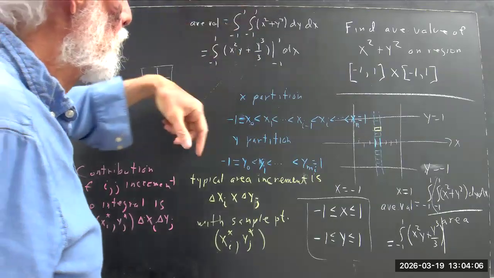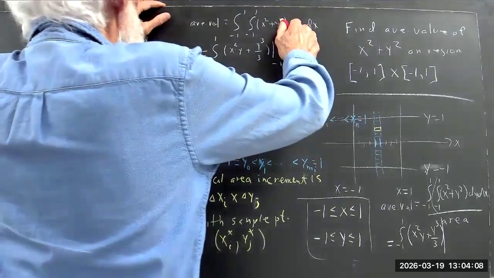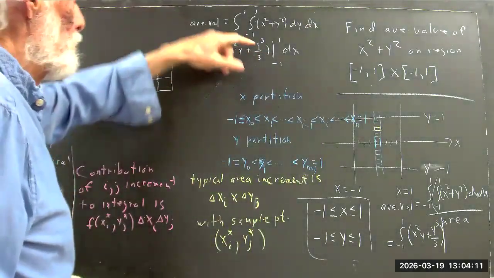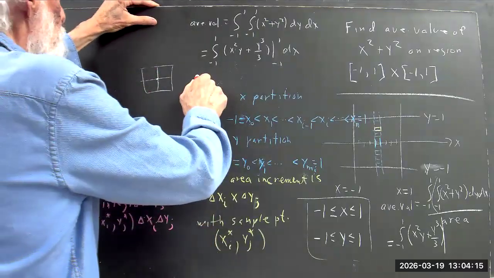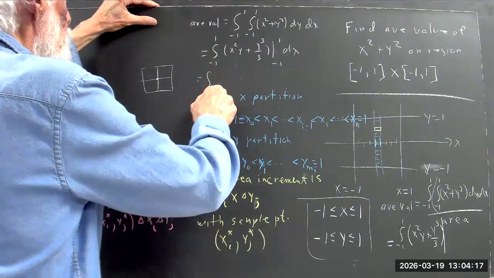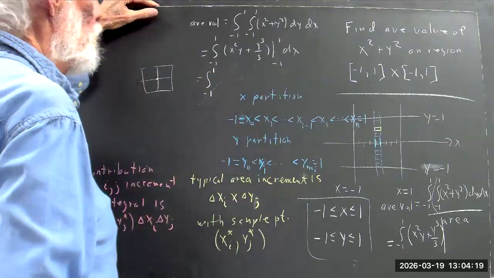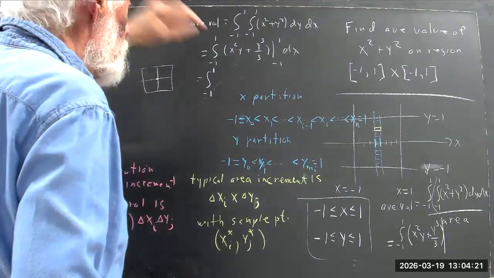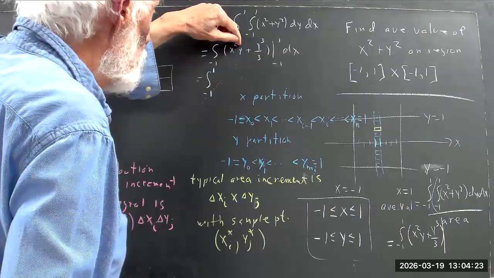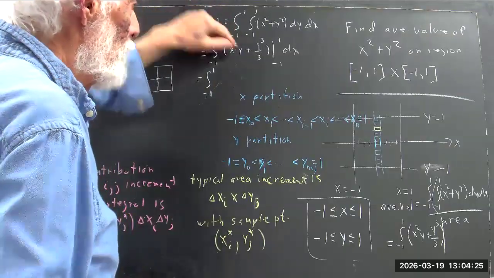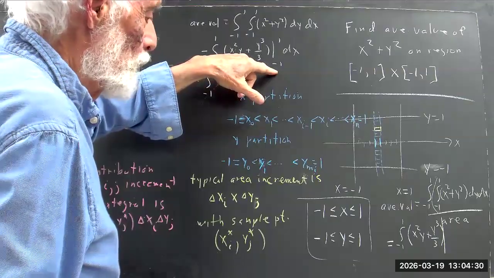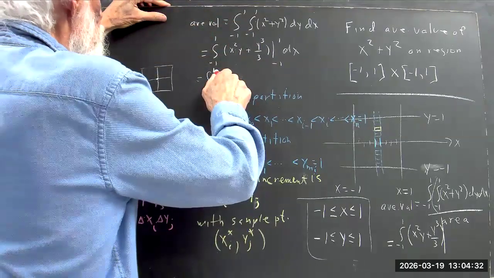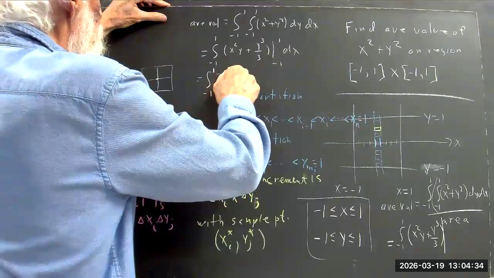The antiderivative of y squared is y cubed over 3. And that would be evaluated between the limits -1 and 1. That gives you the integral from -1 to 1 of what? Well, x squared times 1 is x squared, minus x squared times -1, which is plus another x squared. So we're going to have 2x squared